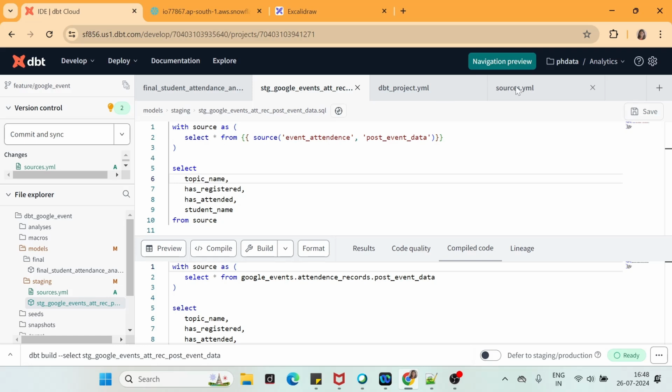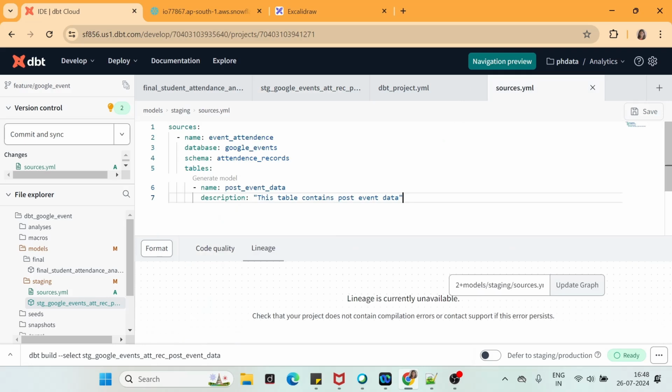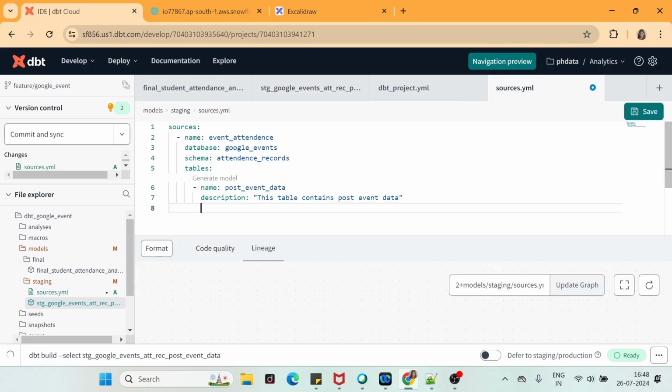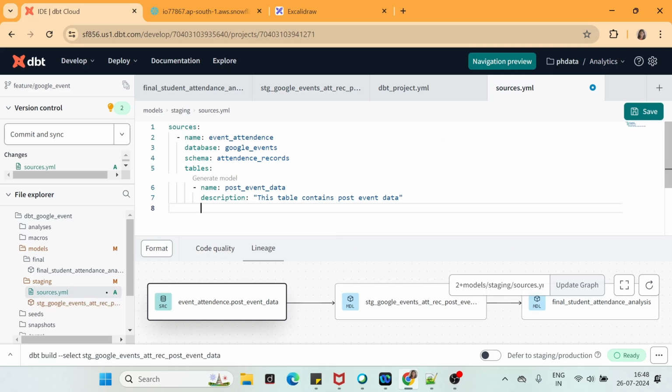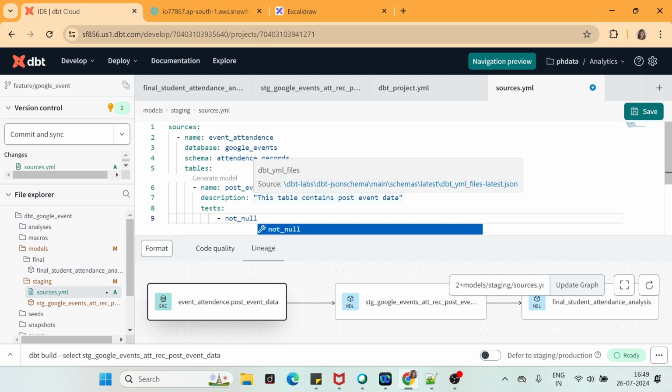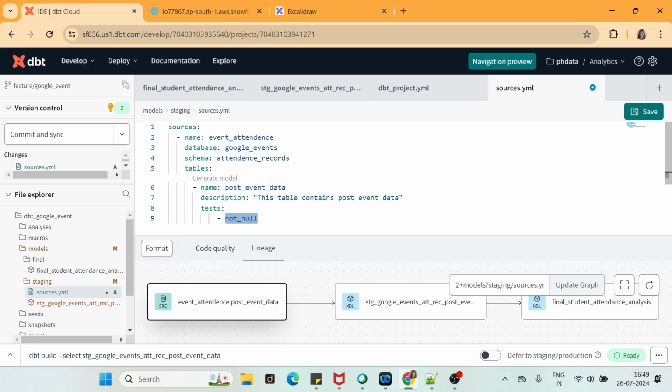So what I'll do, I can define the test right here with the keyword test. I will write the test, and I will write not null. Now this not null, I decided for a column called topic name, so it has to be for a specific column.